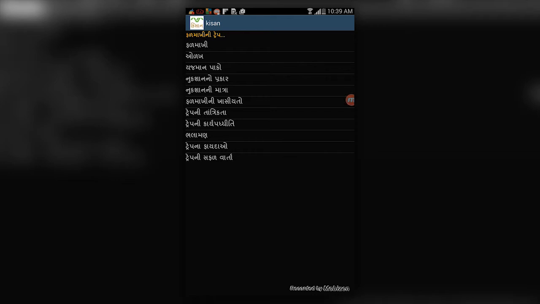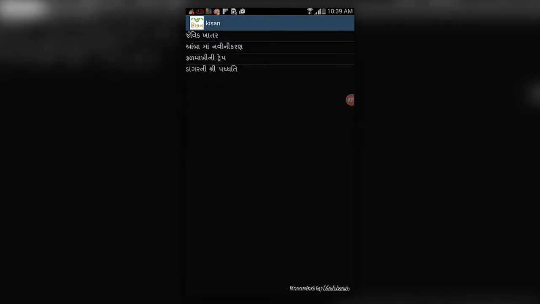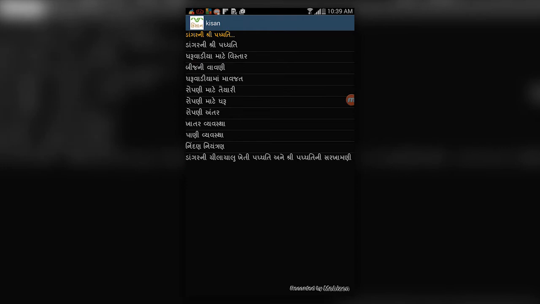Similarly, in recent years a new method has come into use, called the SRI method in paddy cultivation, and all the information is available. So the farmer need not go to any person for benefits or guidance. He or she can directly see this app, apply the cultivation practices of the SRI method, and get the best result. And the last and most important part is the FAQ.